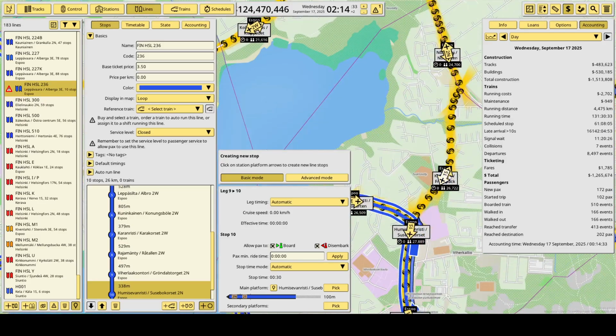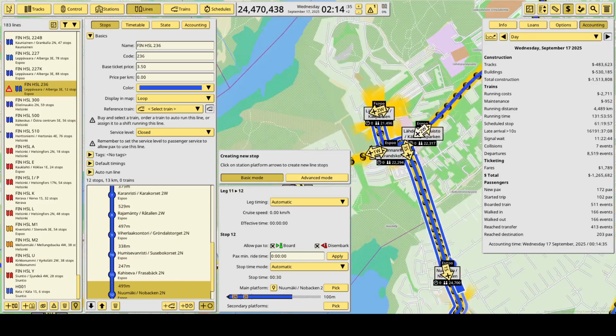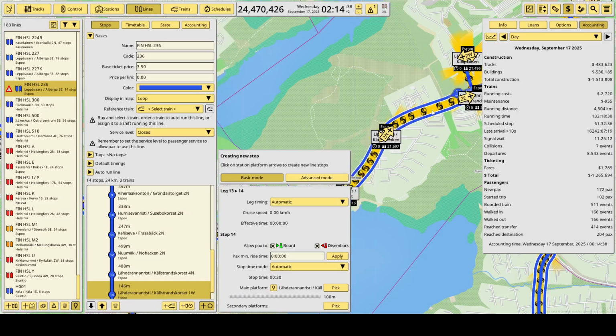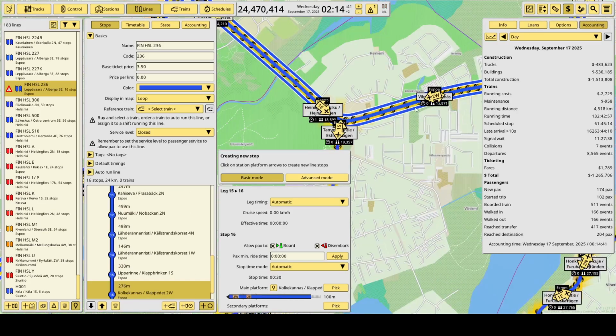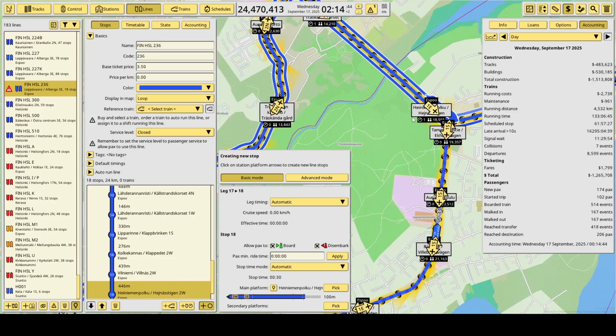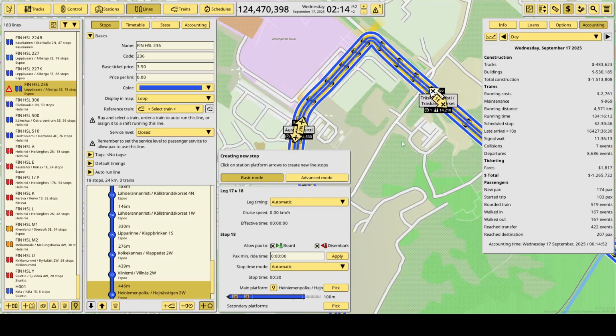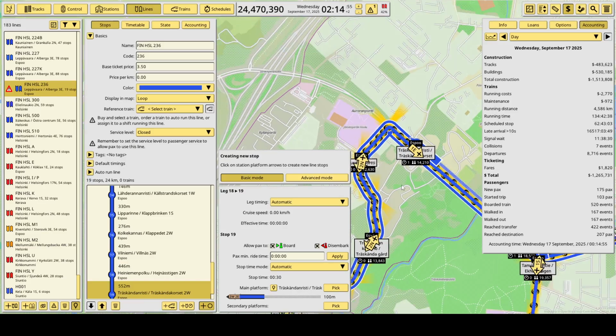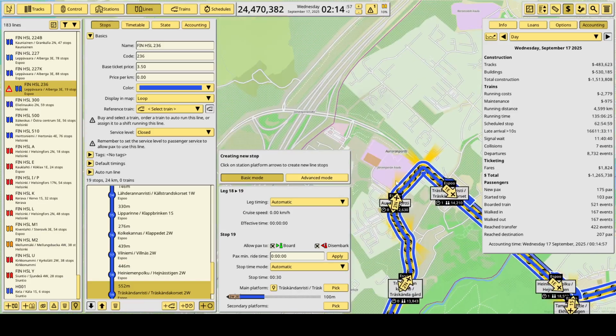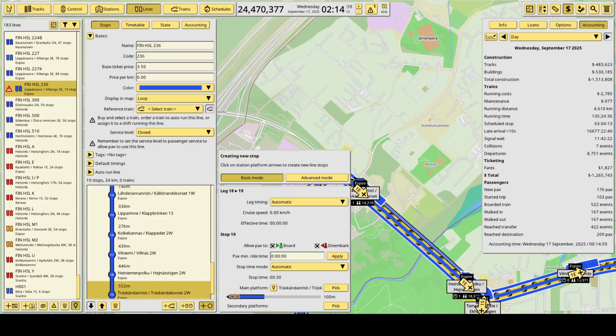And yes, we were there at Humisevan Risti, and then I will take us back and stop at both of those stops because I can, and then we're at Heiniemen Polku. Then we're gonna stop at Treskennan Risti, but then we're once again gonna go our own ways here. So that was Treskennan Risti. And after Treskennan Risti, we will most likely turn right. Right. Let's see. I will have to check it on the other map.